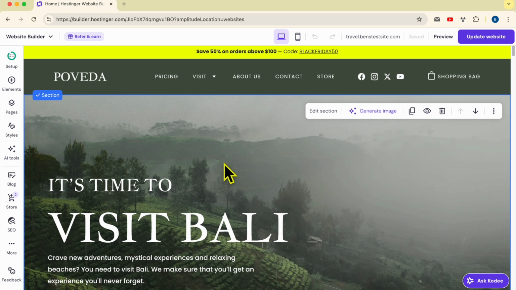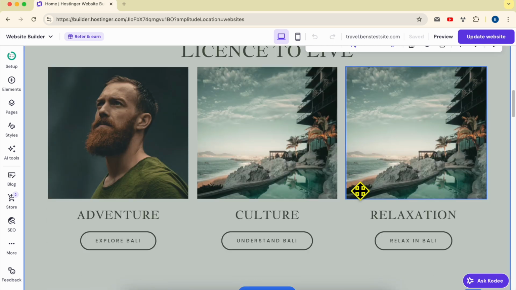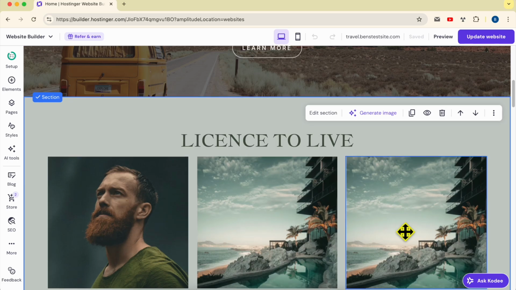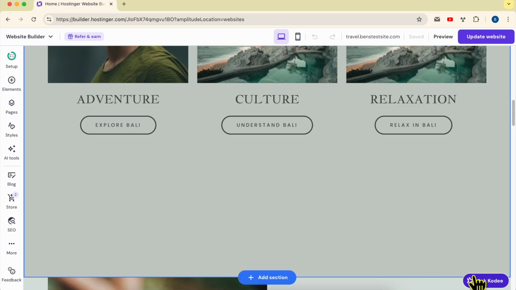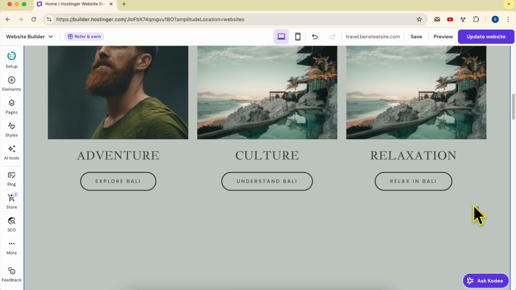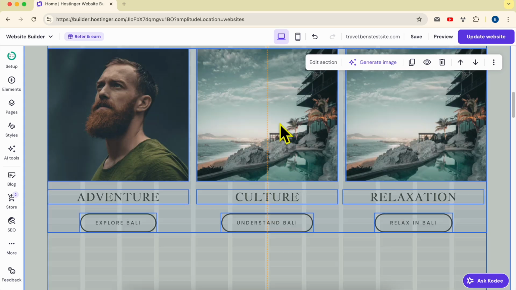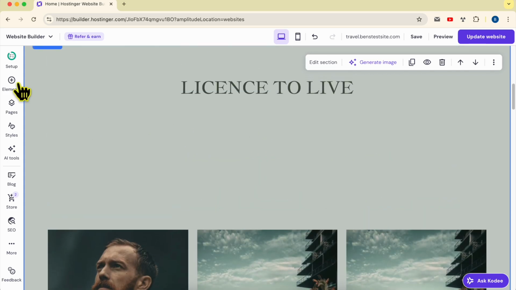Now, this is my website in Hostinger Website Builder, and let's say that I want to add a list of bullet points here above each of these photos. So first, what I will do, I will adjust the section height like this, then select all of those elements, place them here, and then I will add a text element from this elements